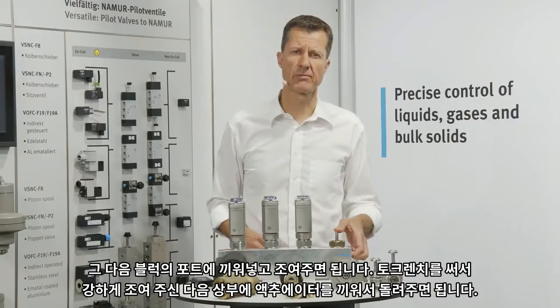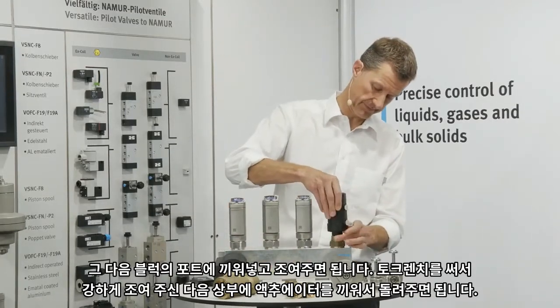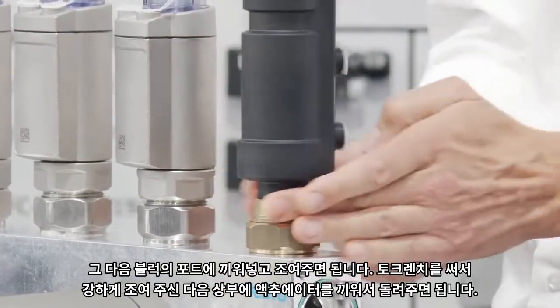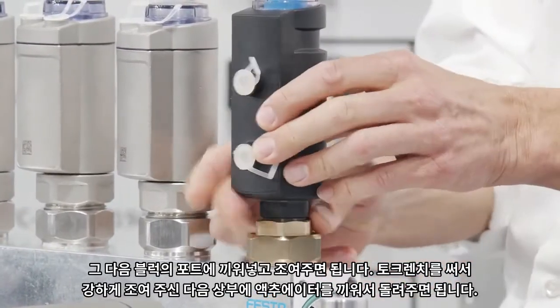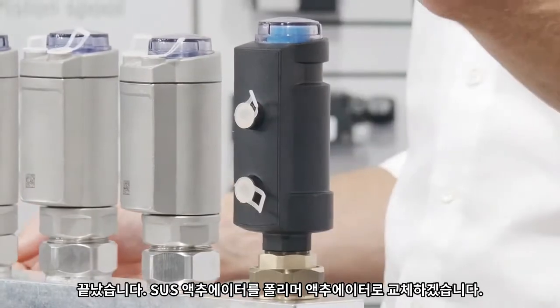You tighten it properly with a torque wrench, and then you take the actuator and you do the same. You screw the actuator on top of the valve. That's all. And now we have exchanged the stainless steel actuator